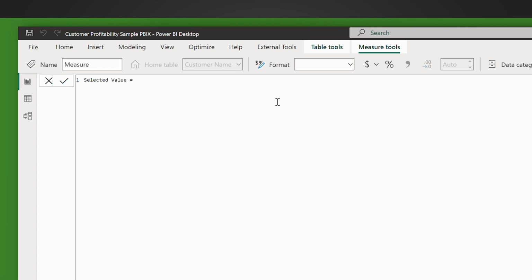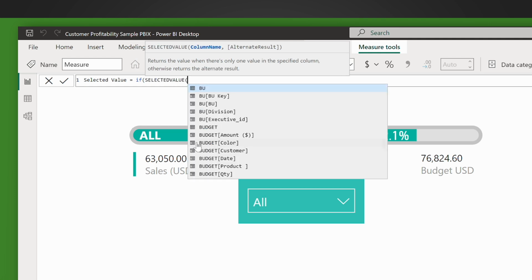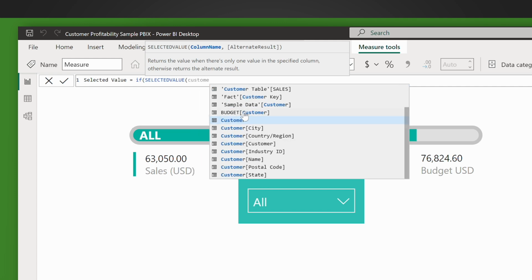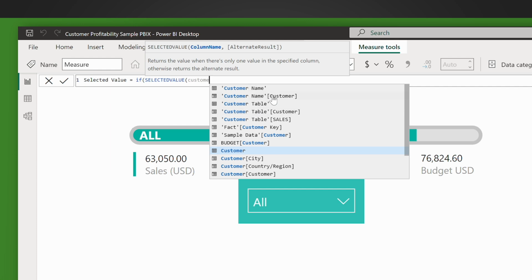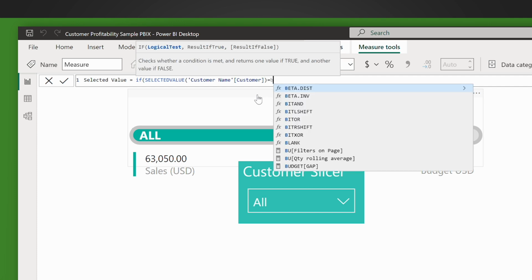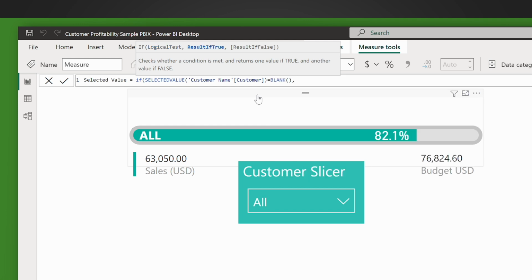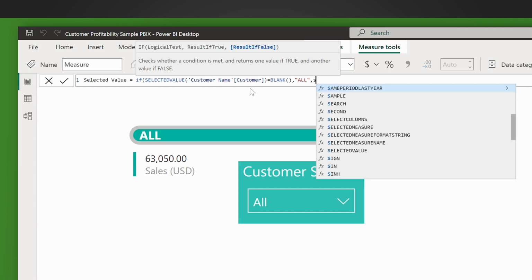And in this selected value, we would say if selected value, and here I would choose the customer name table, and in this customer name table, we would have this one equal, and this one is equal to blank. So basically nothing is selected. It will give me all. Otherwise, it will give me selected value,